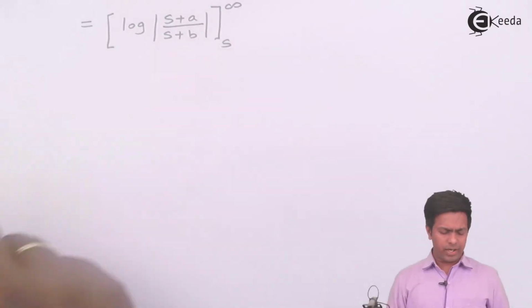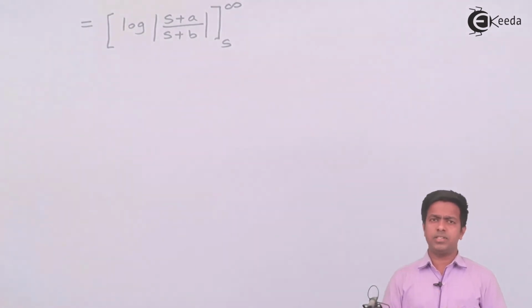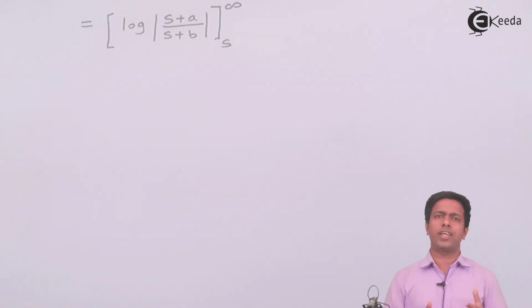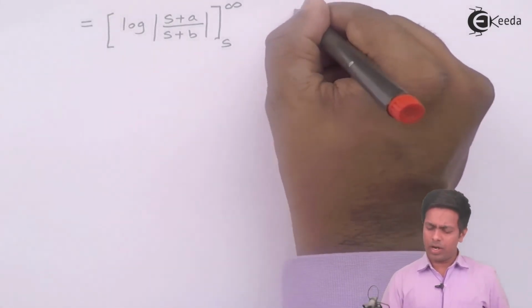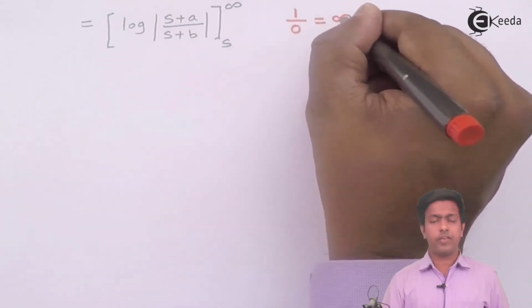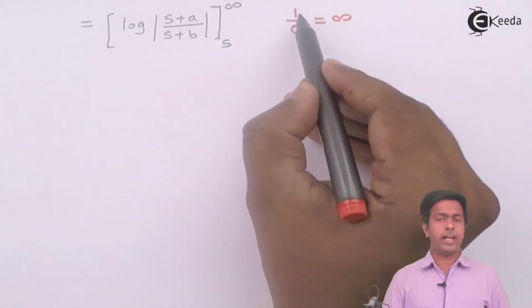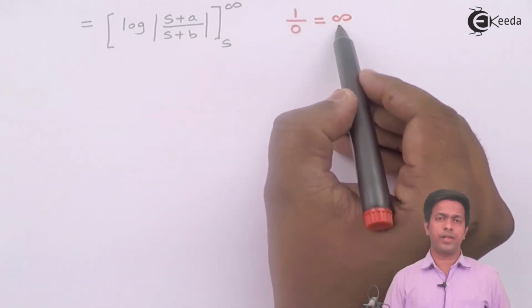Now question is how to get that finite answer. So here I'll show you. Here we have to do few adjustments. Well, by doing those adjustments, we can put the upper limit as infinity and still we can get the finite answer. So you all know that, let's say some number, I'll assume that number as let's say 1 upon 0 is always the infinity. It means any finite number upon 0 gives us infinity.